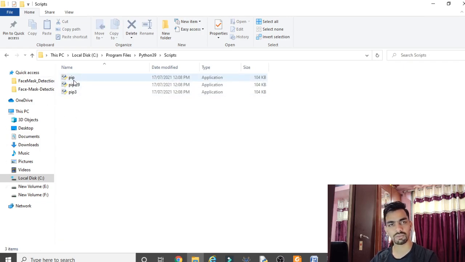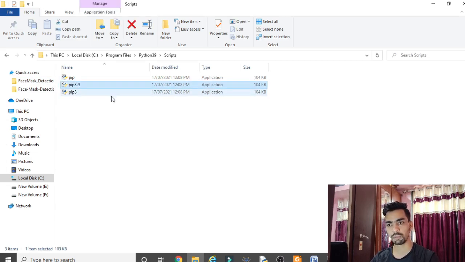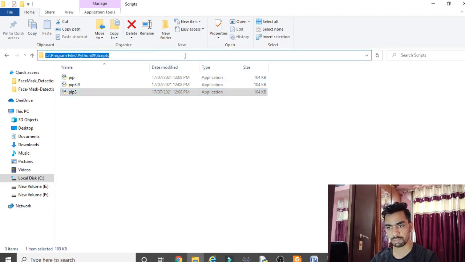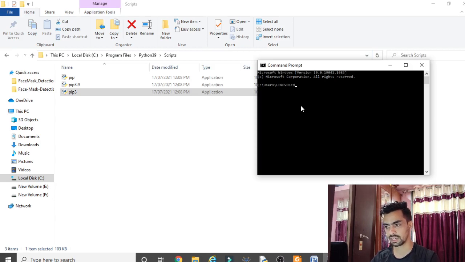Go to Scripts, and you can find three files: pip, pip3.9 and pip3. You have to copy this path. Once you copy this path, go to cmd again and type cd and paste that path. Once you paste that path, click on enter. That means your cmd now works in this path only.